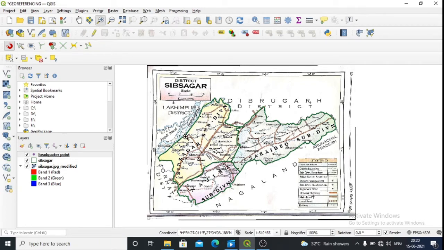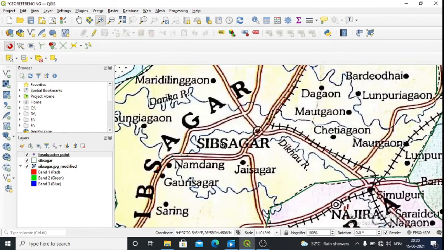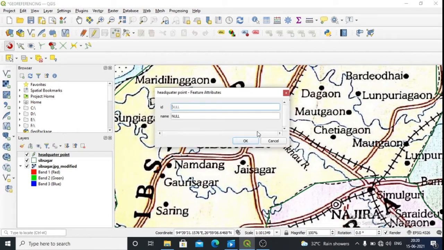Okay, so then click on this one for zoom. Okay, for zoom it where the points are there. So I think here is one headquarter, this is one headquarter. So what I will do, I will click this one. So this is my point feature. Okay, add the point feature, click on it. Okay, then bring to the point where you have the headquarter. Then what you do, you first click it, left click. Okay, then this one will appear.